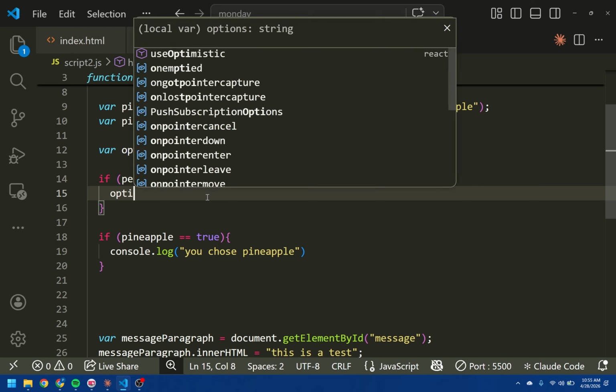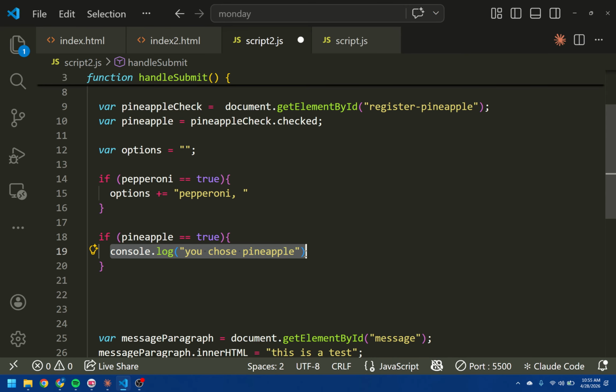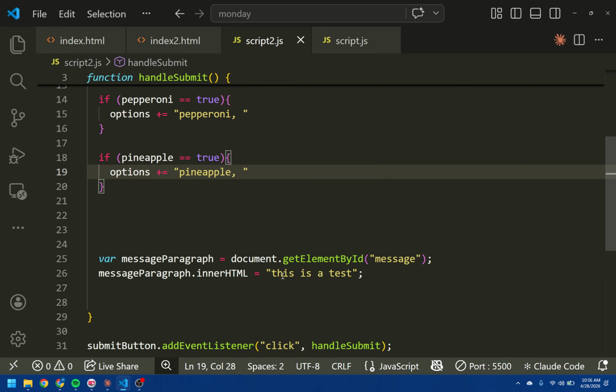So I'm just going to add an option. I'm going to say plus equal pepperoni. I'll put a comma there. You'll see why in a second. Remove this one here now. And I'll say pineapple. Options plus equal pineapple. The comma there. All right. So now,